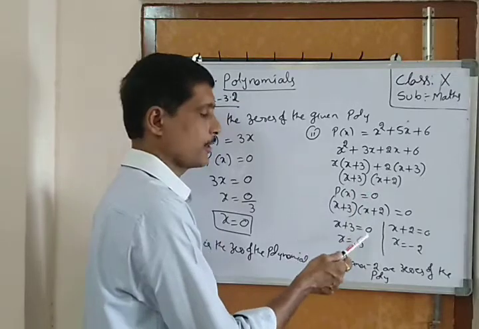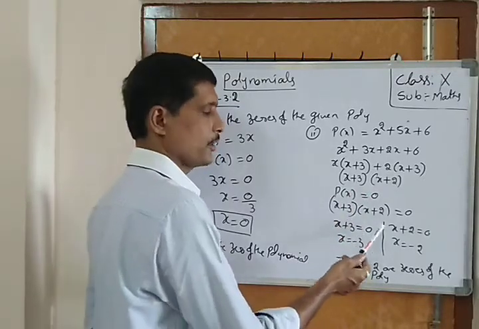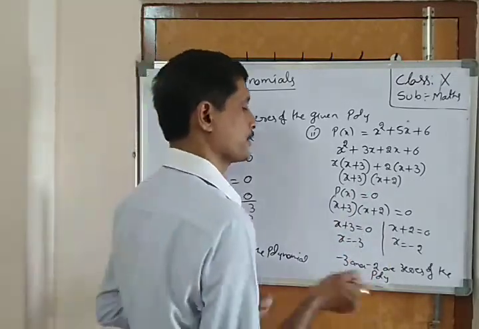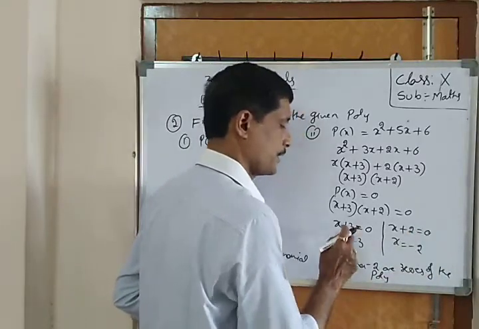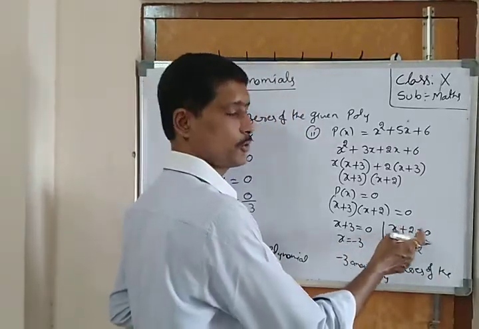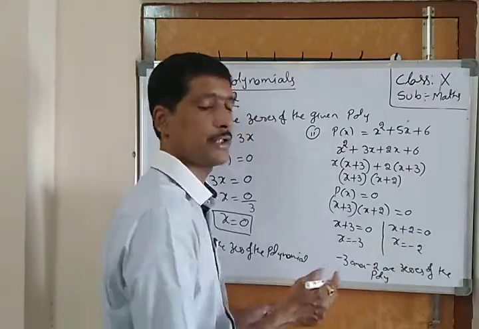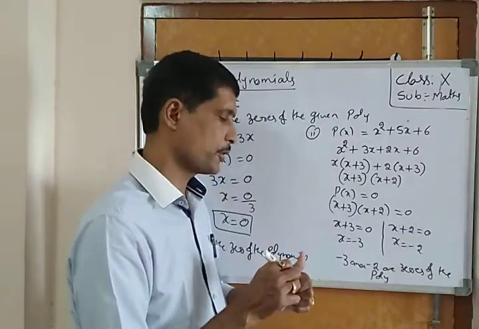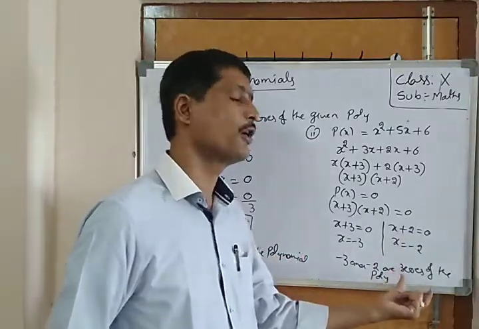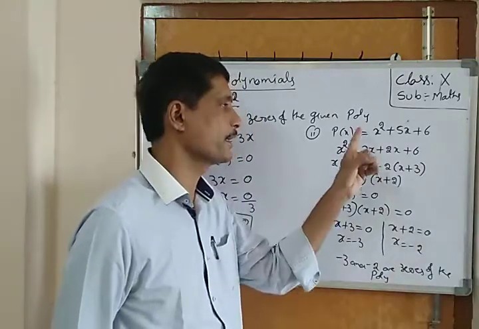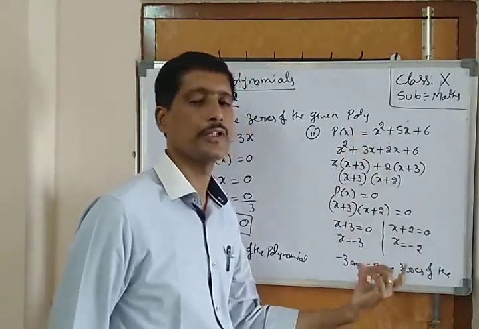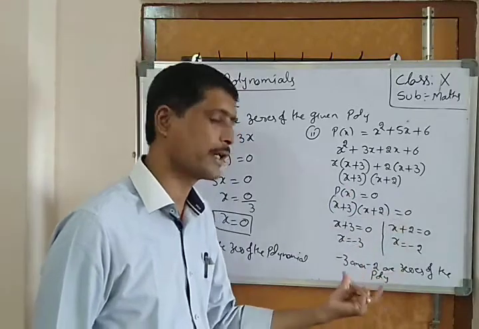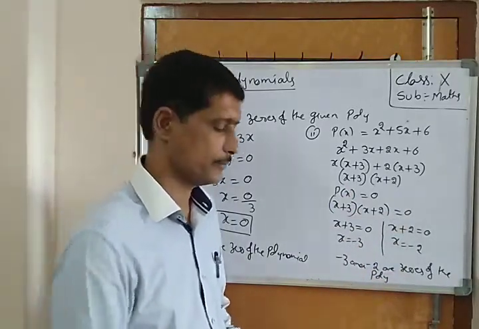That is each equal to 0. x plus 3 equal to 0, x plus 2 equal to 0. Therefore x equal to minus 3. That changes into here x plus 2 equal to 0 means x equal to minus 2. Therefore minus 3 and minus 2 are the zeros of the polynomial. Zeros means that is the solution of the polynomial. Here degree is 2. Compulsory 2 zeros, that is equal or not equal. In this problem both are different.